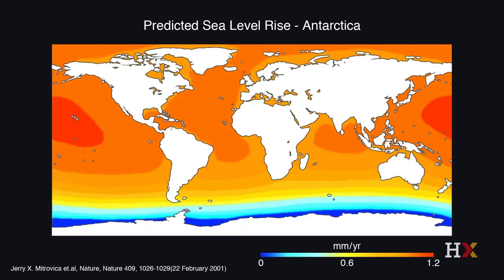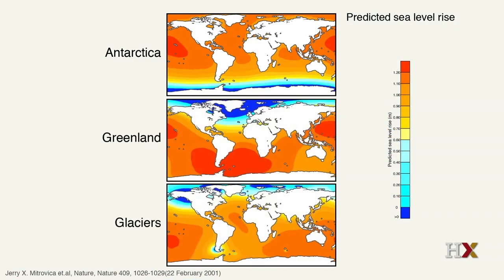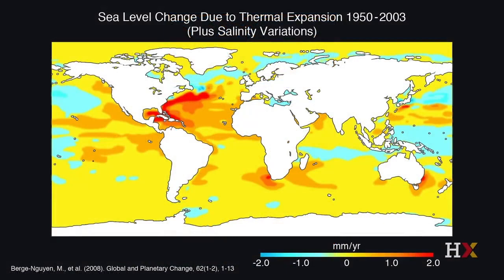There's a particular pattern of sea level rise associated with ice loss from different parts of Antarctica. And the same with Greenland, and of course the same with mountain glaciers as well. Each of them has a characteristic pattern that is like its fingerprint. And there's one other footprint as well, which is the thermal expansion of seawater. From Argo float data, we actually have measurements of the ocean heat content at least down to about 2,000 meters. And so we can describe how the ocean has taken up heat and how that varies in different parts of the ocean. That also has a particular fingerprint. And so we can calculate how the ocean heat uptake manifests itself in a particular distribution of sea level change.